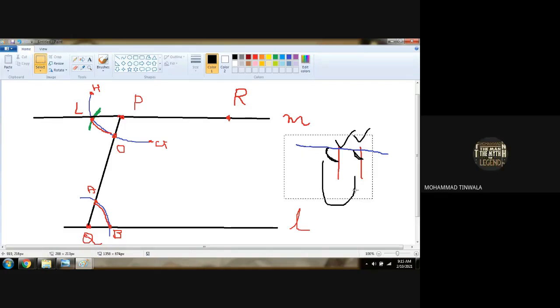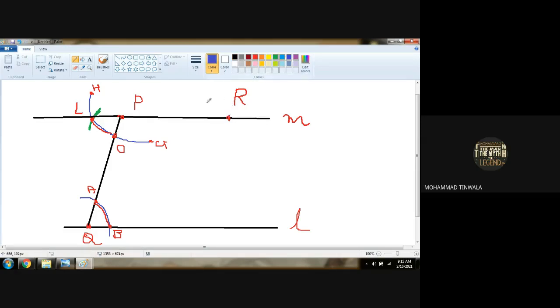As we took alternate interior angles into account, in the same way in this we will take corresponding angles into account. So for taking corresponding angles, we took center point P and drew an arc over here like this. From point R, we will draw an arc on it like this. Understood? And give the intersecting point a name, with random measurement.